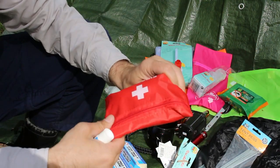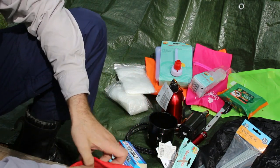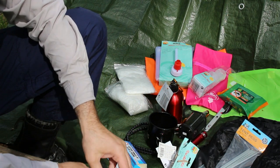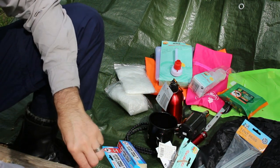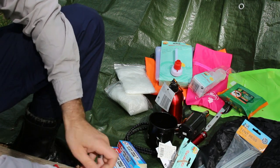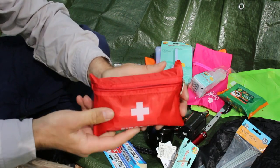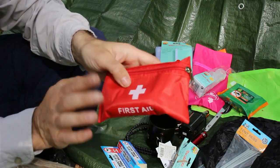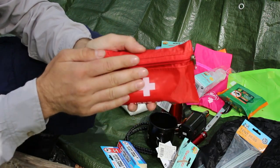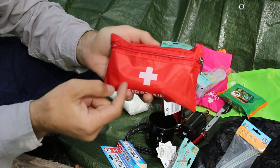But would this fit inside my first aid kit? That is the question. Would it fit? Yeah, so it's also inside the first aid kit as well, so that's a nice little add-on. So I've got my sting and bite repellent inside there. All you need now is a bit of Savlon tube or